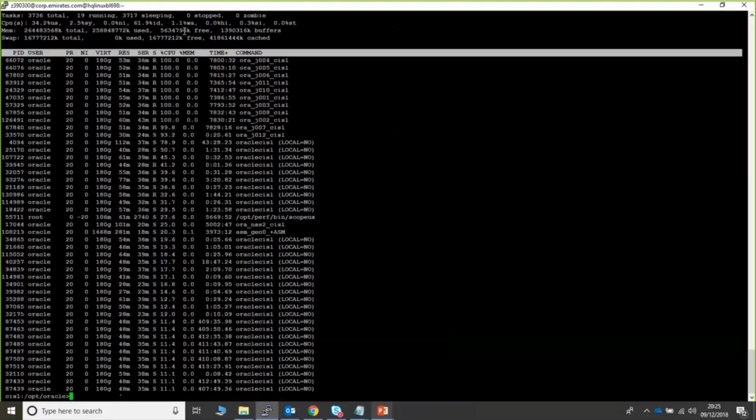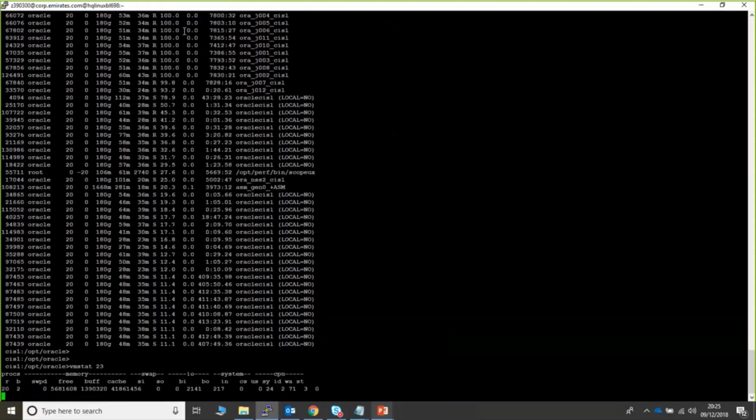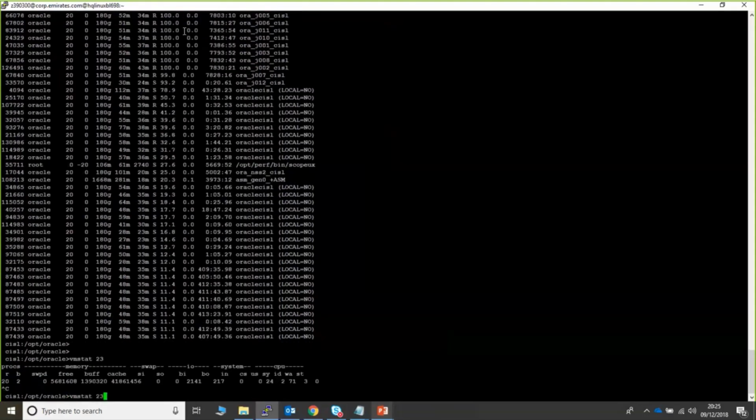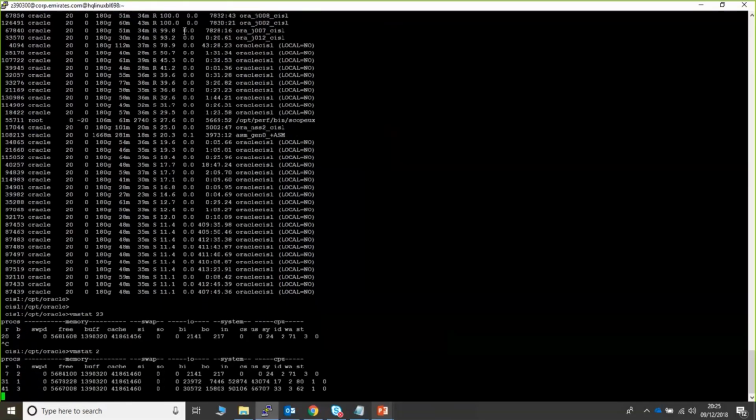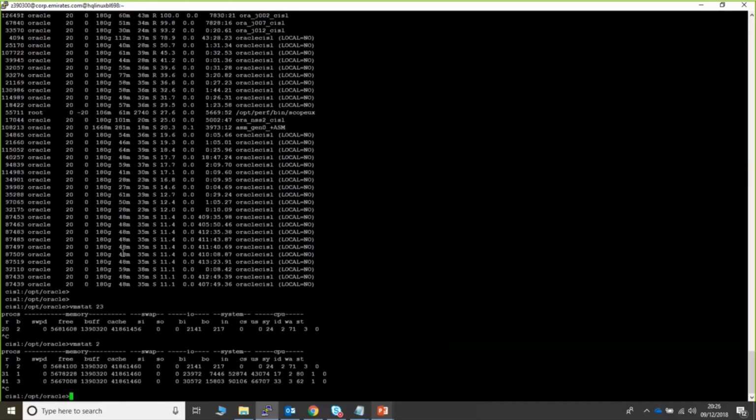This is the top command and vmstat. This is a really good tool to check if there is any swap usage going on. Swap in and swap out is the right column to check the swap usage. If you see any non-zero value here going from 100 to 200, then there is really a problem in the swap usage.